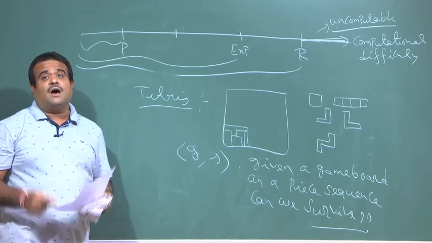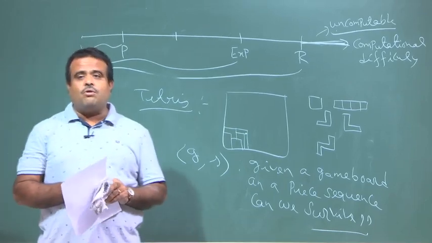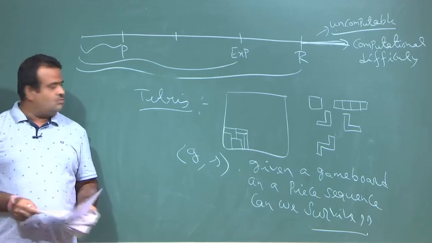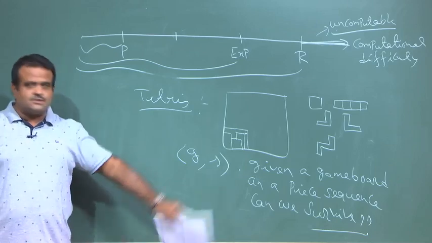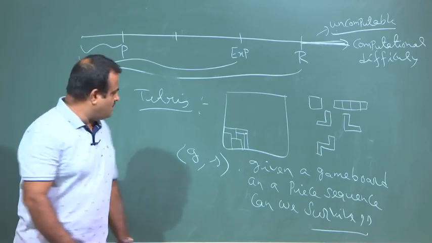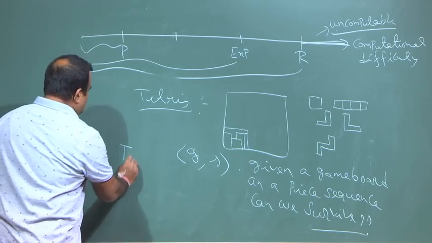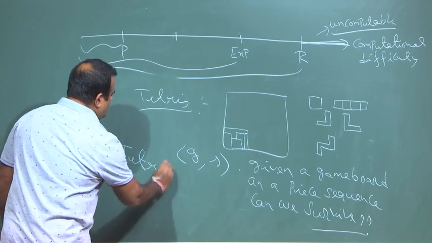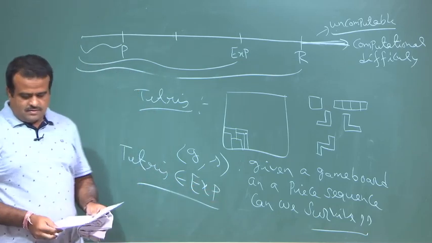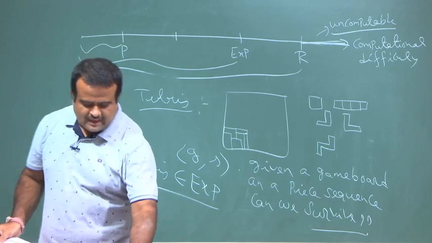This is hard. There is no polynomial time algorithm to solve this, to answer this question whether we survive or not. So, Tetris is hard. Okay. This is another example,